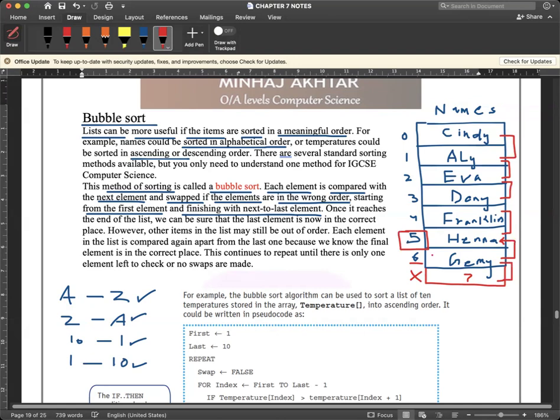Excellent. So what is the meaning of next to last? It means last is 6, last minus 1. Last minus 1. What is the meaning of this? Last minus 1 means 5. So the last swapping is done between these two. Okay. This is the thing. Fine. So once it reaches